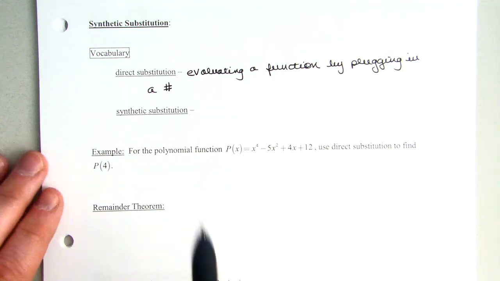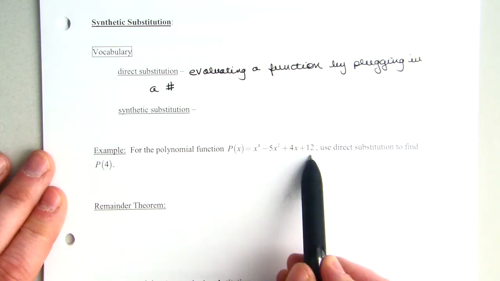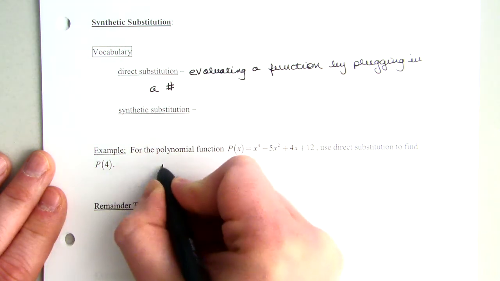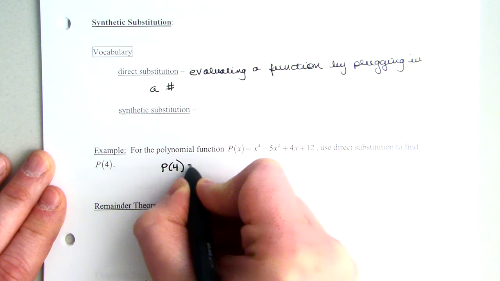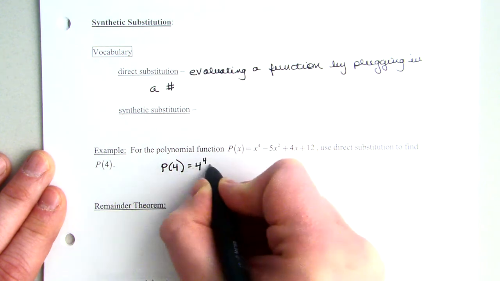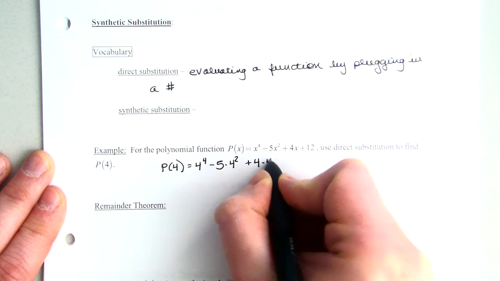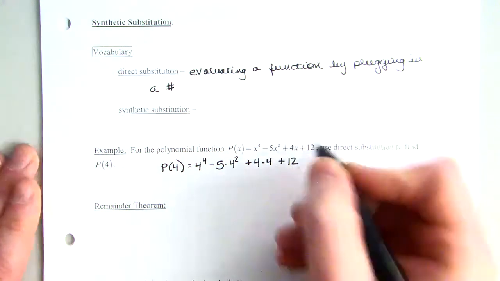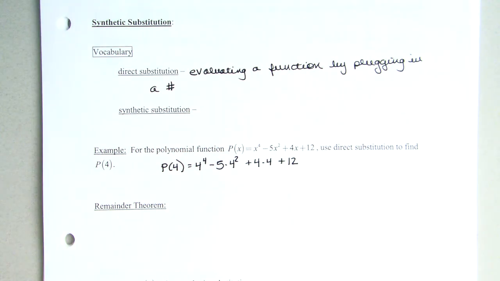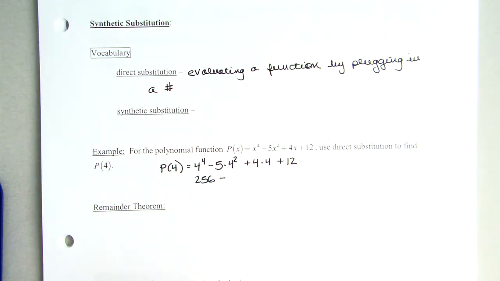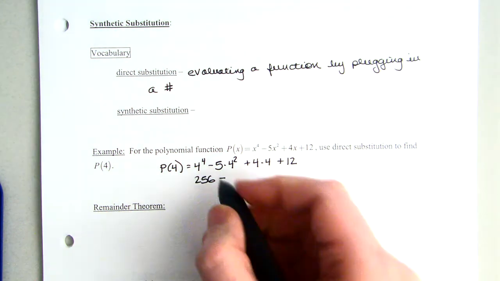So, this example over here, p of x is this function over here. Use direct substitution to find p of 4. This is what we did in the beginning of the year. P of 4 is just going to equal 4 to the 4th minus 5 times 4 squared plus 4 times 4 plus 12. And you're probably going to need a calculator. 4 to the 4th is going to give you 256 minus 16 times 5, minus 80